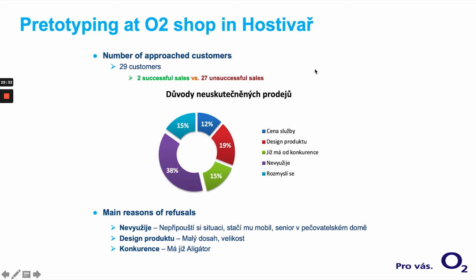Those two successful out of 27 is quite fine, but mostly because the amount of money needed to actually create the product wouldn't pay back through the sales, the size of the market. So the output was that, okay, the product is quite fine. You have to work on the design a lot. Our typical customer is not old people, it's the offspring, but the development costs of the product would be much higher than our potential market. So we said, okay, we won't do that, and